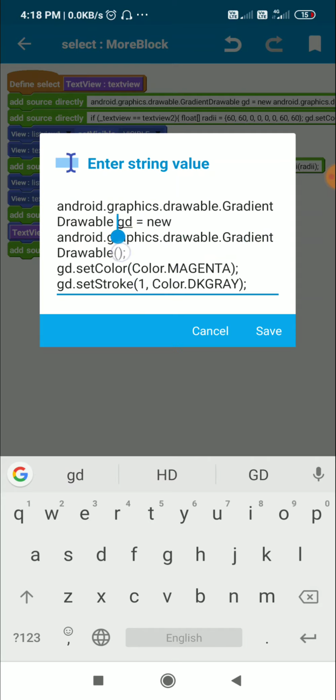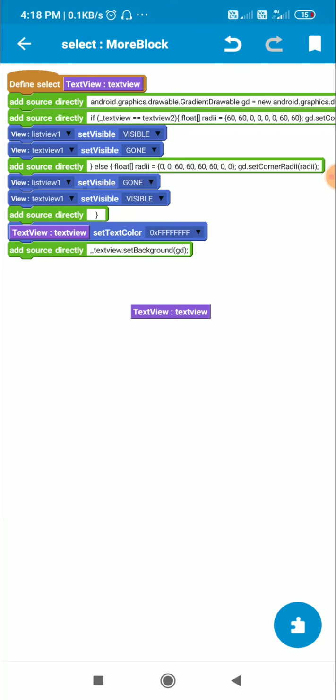For GD, I set the color to Color.MAGENTA, and I set stroke to 1 and stroke color to Color.DKGRAY, writing dot setStroke 1 comma Color.DKGRAY, which is dark gray.